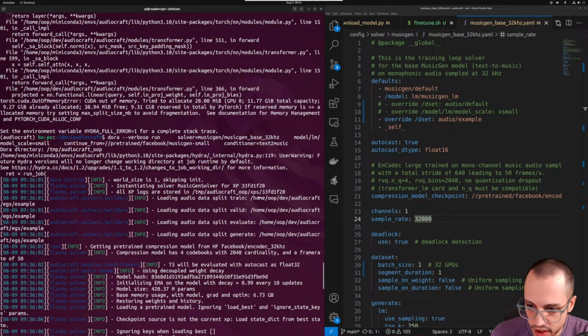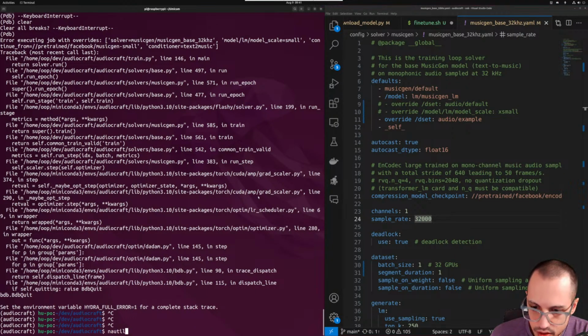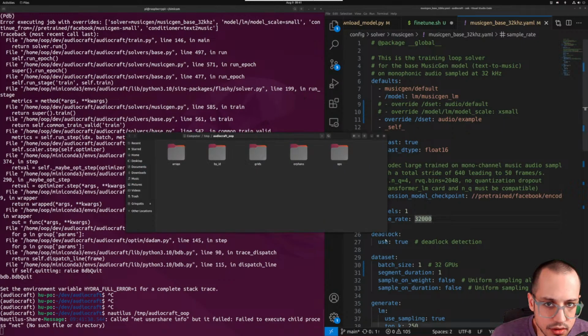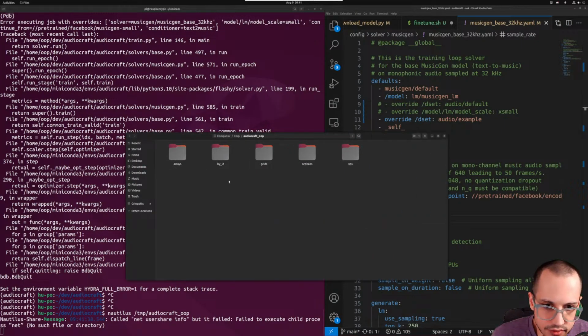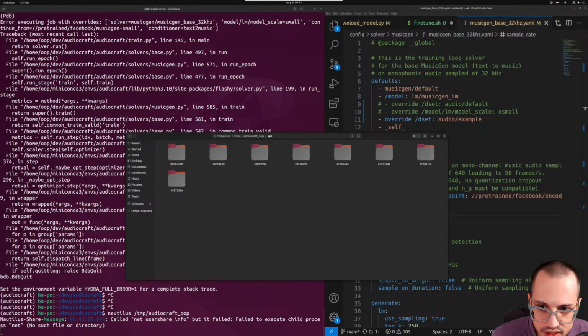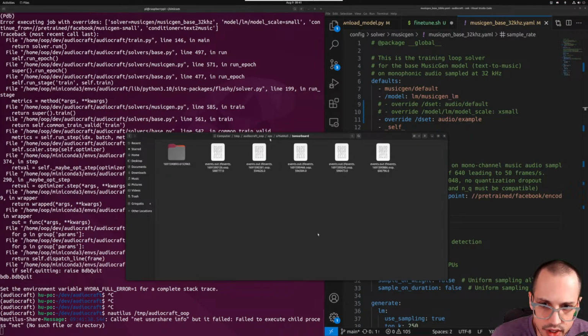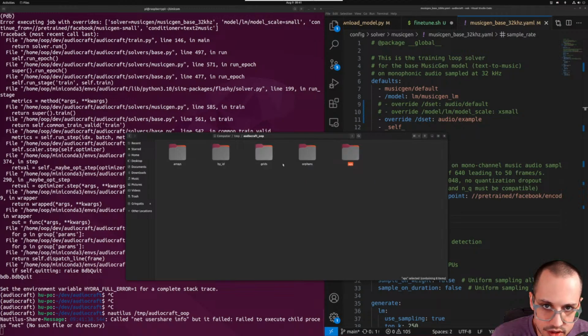Do Nautilus, and Nautilus is the Ubuntu Linux file explorer. So okay, what do we got here? We got arrays, XPs, folder is empty. Oh, here we go, Tensorboard. All right, so if we point Tensorboard to this path right here, so we can say